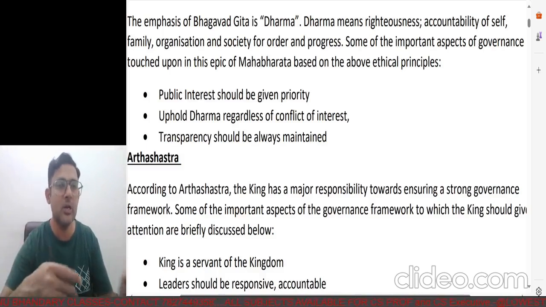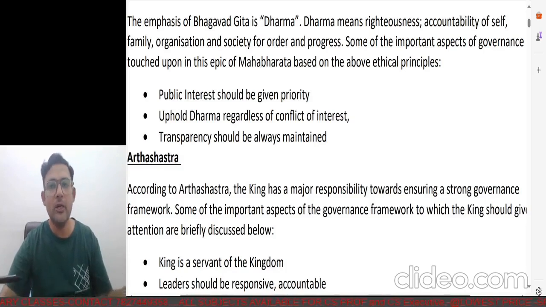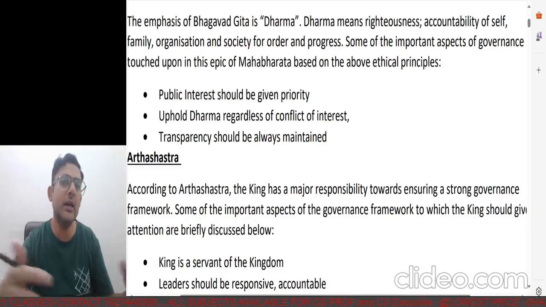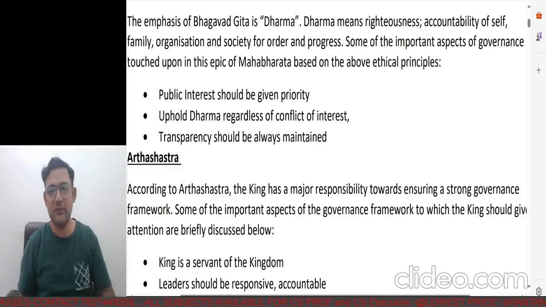of the public. These ministers or these IAS officers, in modern times, they may be very big personalities, whatever they are. But if you read their code of conduct, it will be written everywhere that you are the servant of the public. You need to serve the public. You should not take advantage of your designation or power or position. Instead, help the public in getting the right thing or the justice as needed. So I think that is what has been mentioned here, that the king is a servant of the